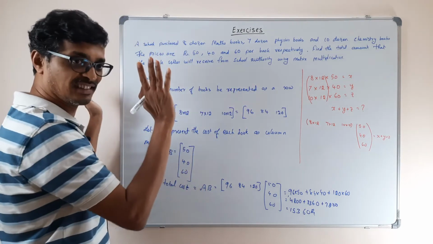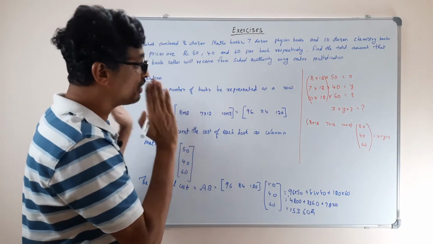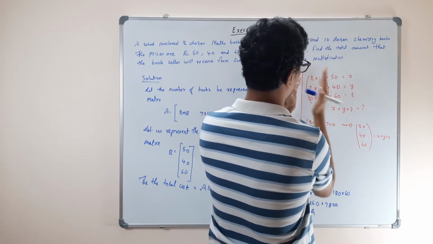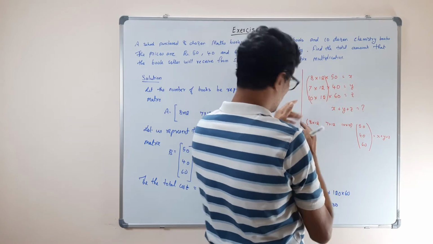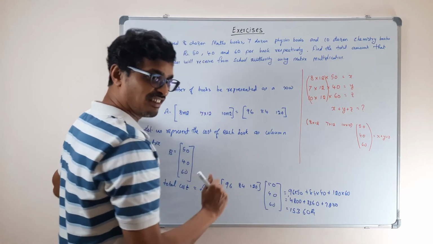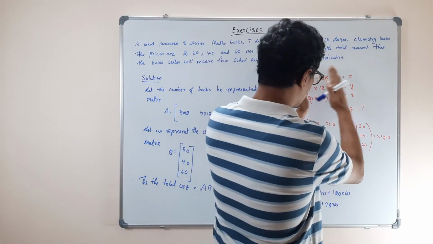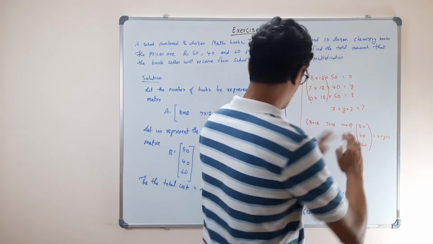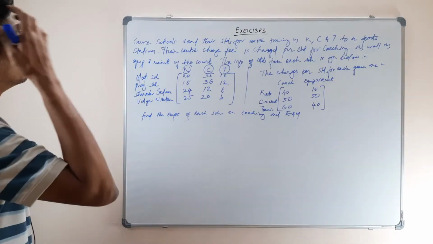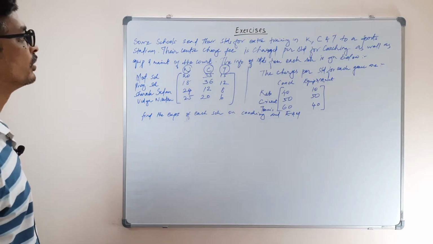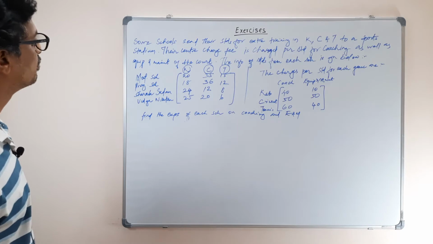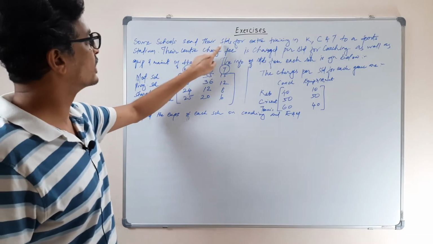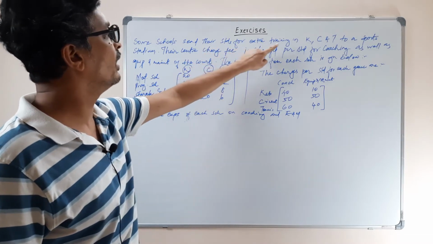Either way you can write it. So the idea of how you solve the problem is this: you could have written it this way, or 50 into this one, 40 into this one, 60 into this one. Then you would have got the other way. You got it? So that was the idea. First construct this equation in a rough, see how you can represent it in matrix form, and then solve the problem. Okay? Let us do this problem. This problem is very lengthy, but it is very simple. Some schools send their students for extra training in K.